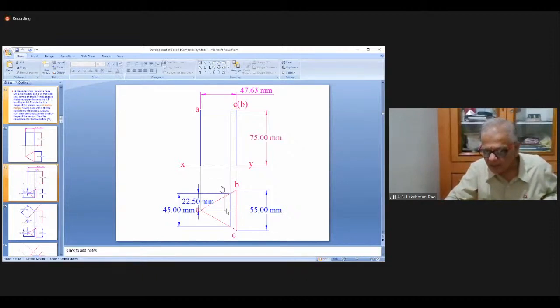From the center here, draw a horizontal line. This side 22.5, this side 22.5. Total is 45. I got this as 45. Now I want the height. How much is the height? 60. With this center,